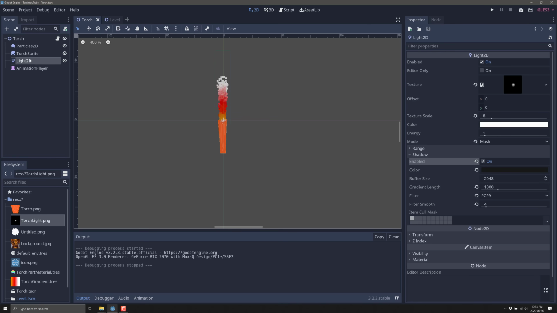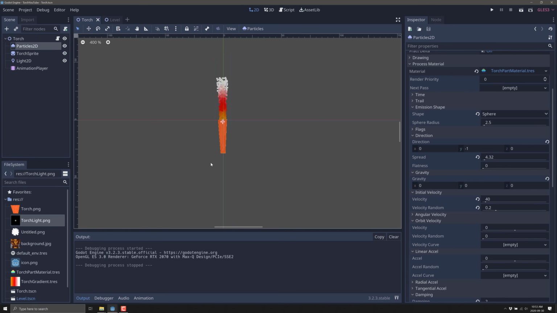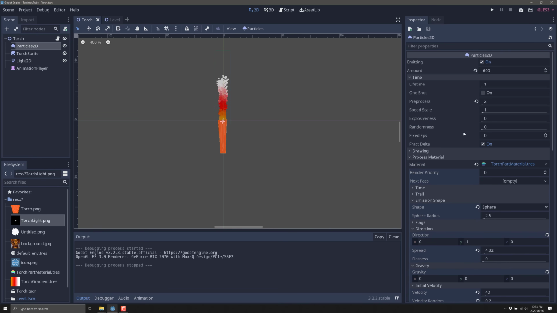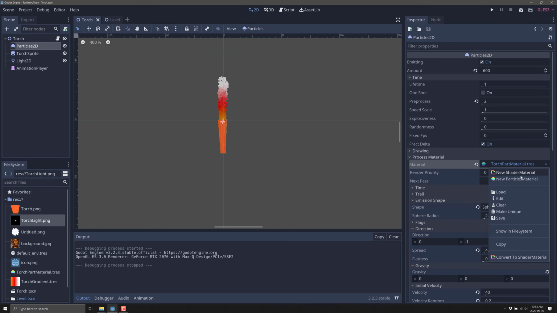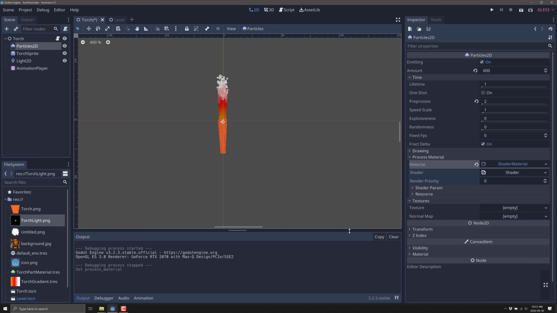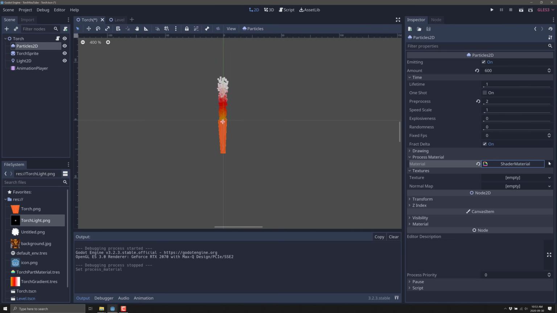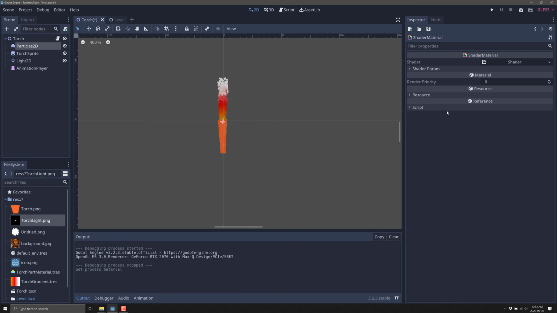The one last thing that I'm going to go to is basically back to the particle systems. Now I said when we set this guy up, there are a couple of options for how you could create this guy. So you could have created it as a particle shader, we created it as a particle material, but we also could have created it as a shader material. And we can actually go ahead and switch this over. So now we're using a shader material instead. This automatically switched it over. So we'll go to the edit mode.